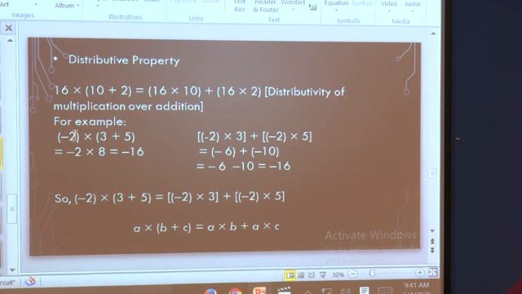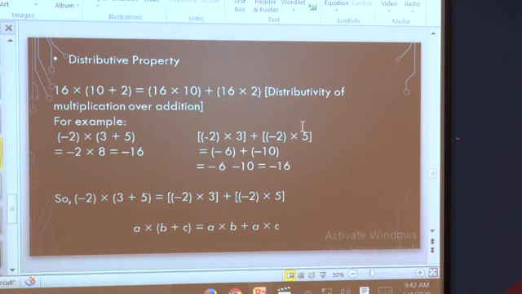Now this is what we do normally. While learning the distributive property of multiplication we have to use this method, so I will explain it in detail. Here is -2 multiplied by 3 that I had taken in a bracket, plus -2 into 5. What do I have to do? First we have to solve the bracket. So 3 multiplied by 2 is 6. It is a negative integer, so I have to write minus 6 plus.